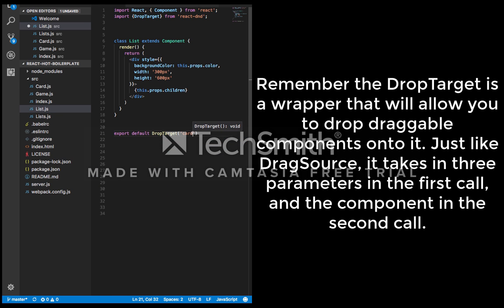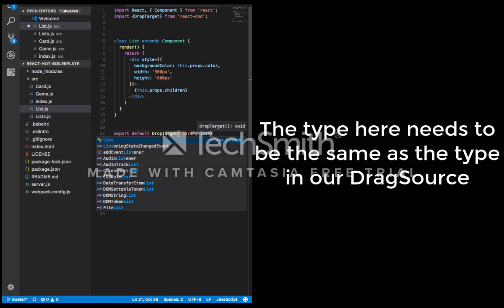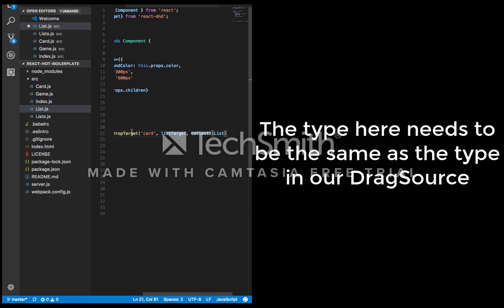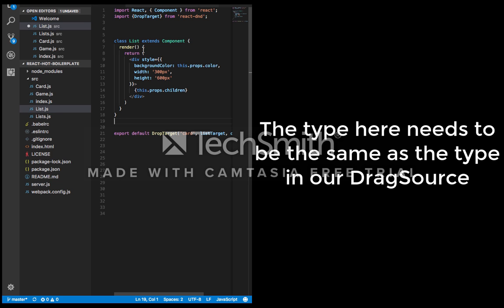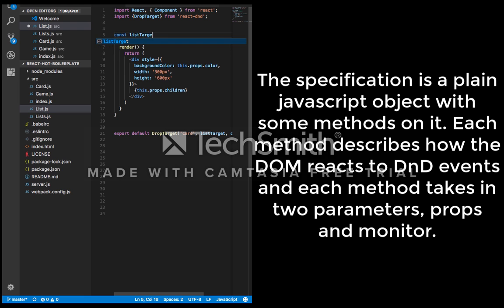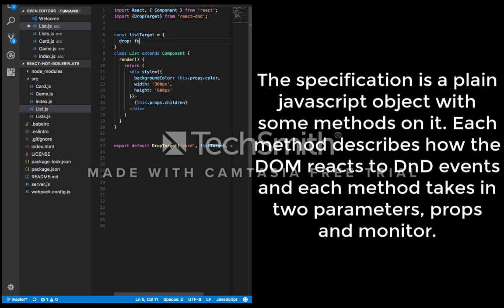Export drop target. Pass in our type, pass in our specification. We're going to call that list target and pass in a collecting function. And in the second call, we're going to be passing in the React component itself. So now, we define our specification. List target,